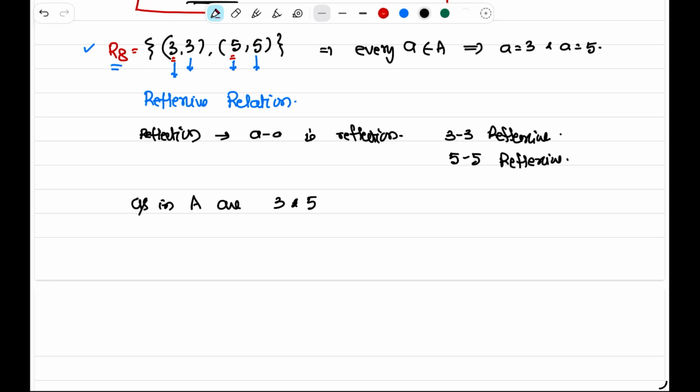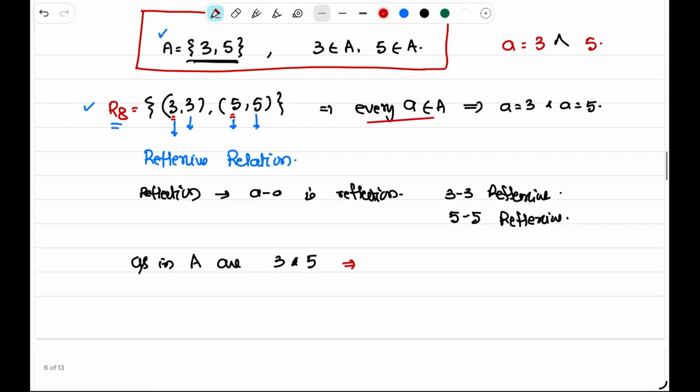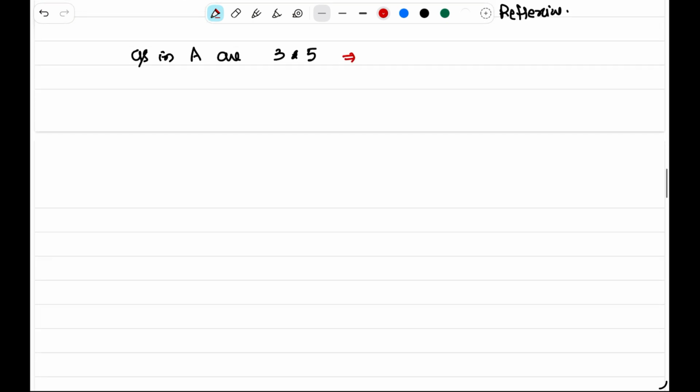For every a belonging to A, the reflection should be (a, a). It should be (a, a). Please see this. That should belong to the relation. That means for every a, 3 and 5, (3, 3) and (5, 5), that is (a, a), should belong to